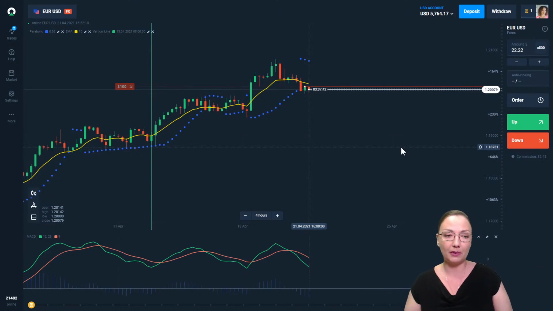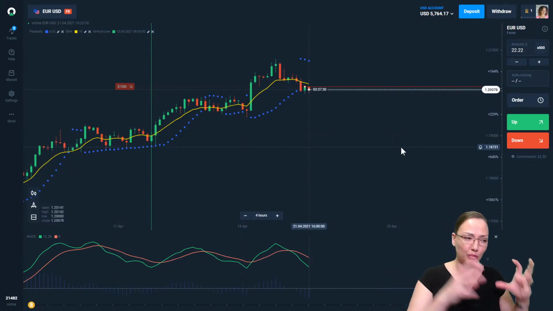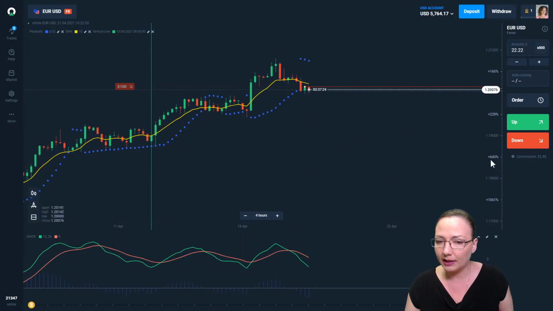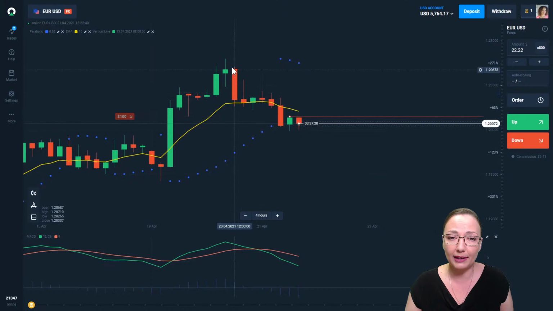I have the MACD, parabolic SAR, and the EMA with default settings. Basically, this is the MACD Professional. I just wanted to show you how you use the patterns along with your other indicators. So I'm looking at the 4-hour time frame on the Euro US dollar, and what I see right here